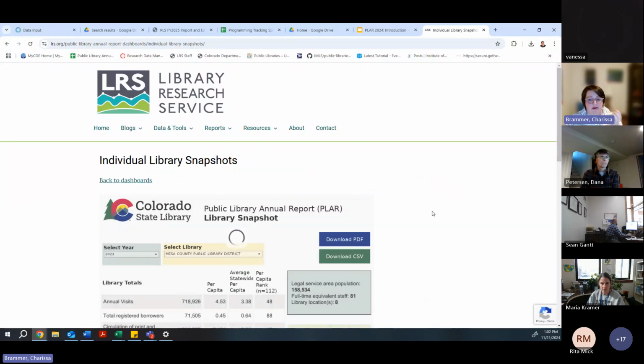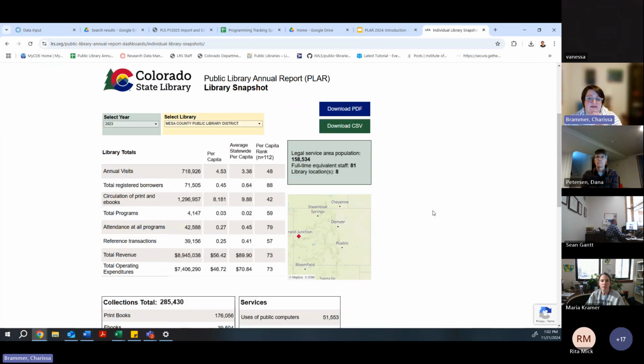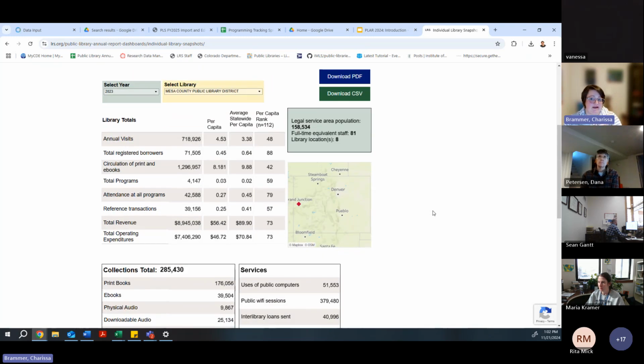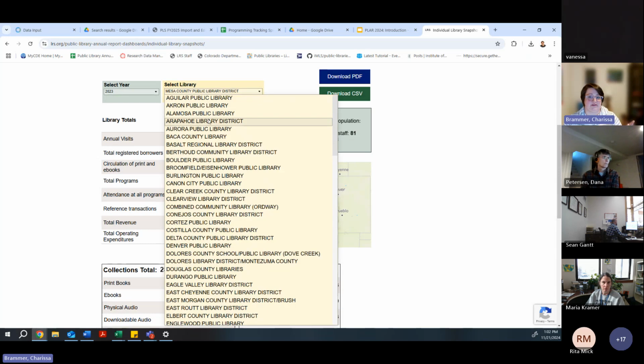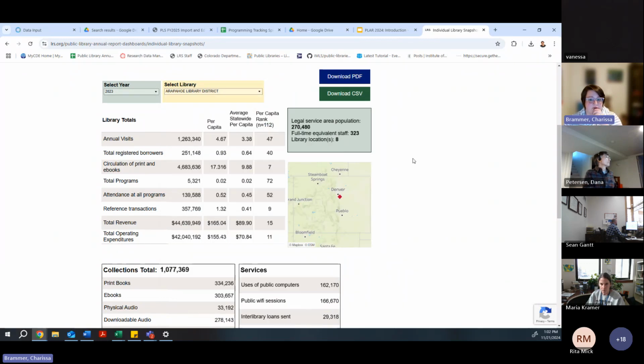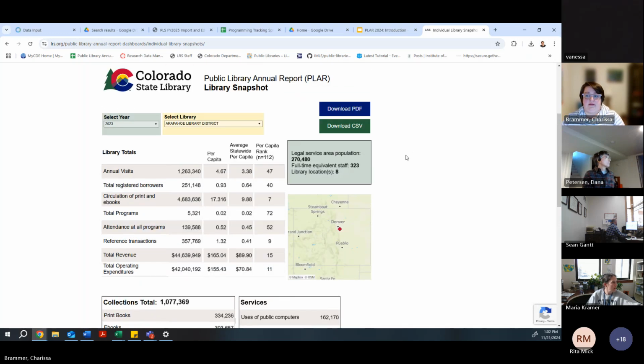We have this one, which is basically a snapshot of your library's data for the year. So you just go in, you select who you are or who anyone is, and you can pull up the information for them on these kind of key metrics that we talk about all the time. Dana's also created for us this download PDF function, which I think is really useful.